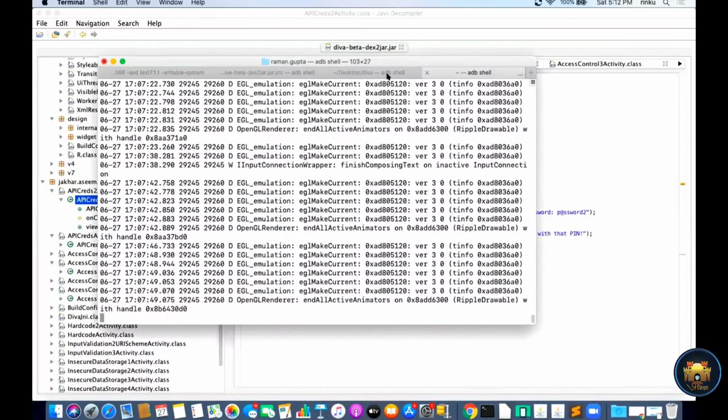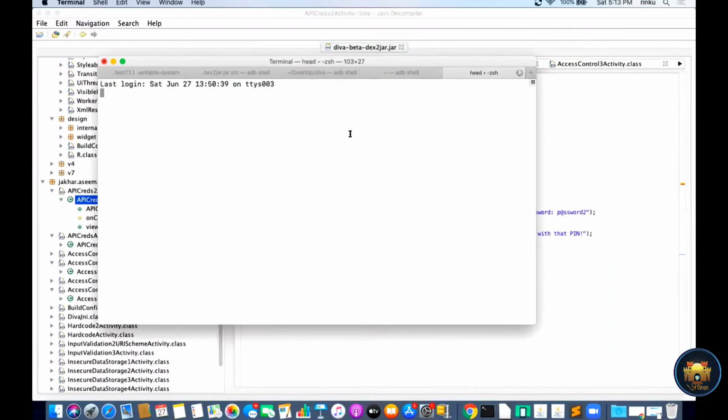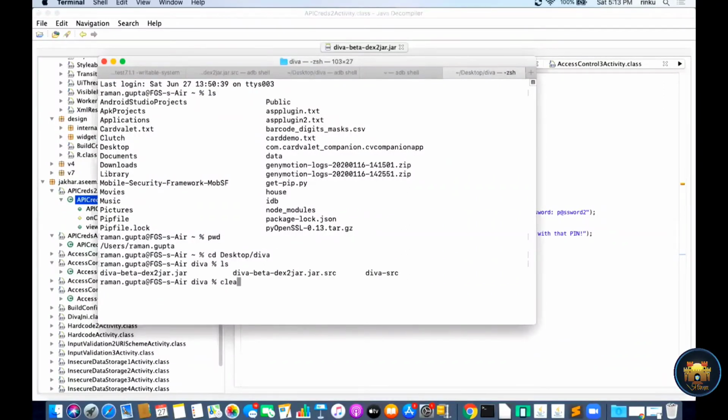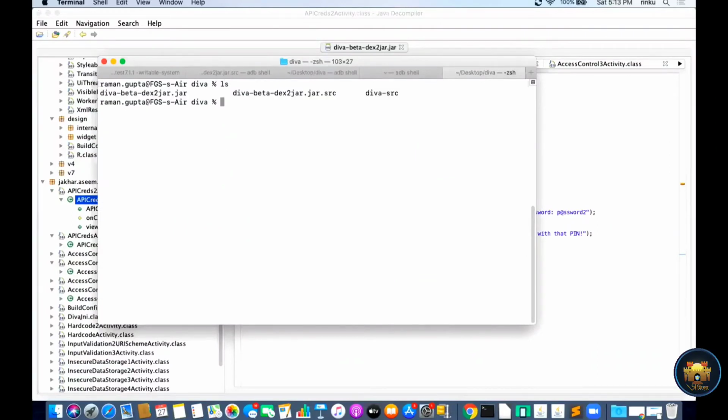And go to the section cd diva beta jar dot source code.